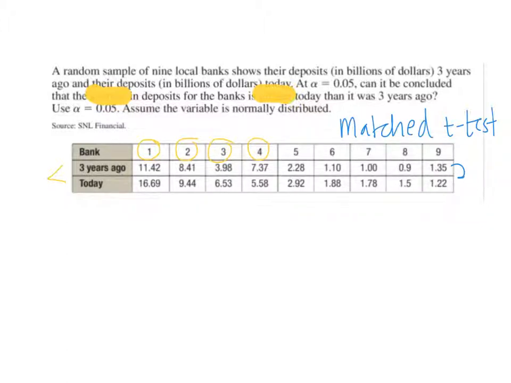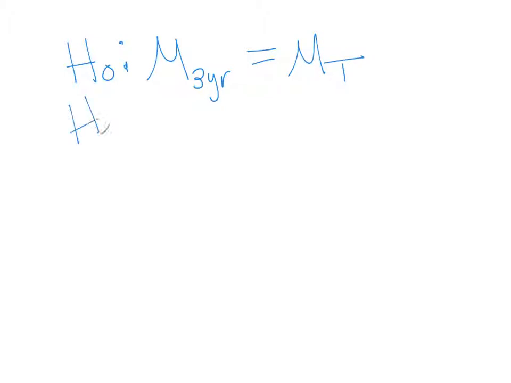So here we go. Step 1. State the hypothesis. We want to know, is the mean from 3 years ago the same as the mean from today? Or the alternative, remember they say greater, is today, has it gone up? Is it greater today? And so it looks like that. Right? Now, look how this is set up. The way that it's set up, it's actually a left-tail test, even though it said greater, because you have these